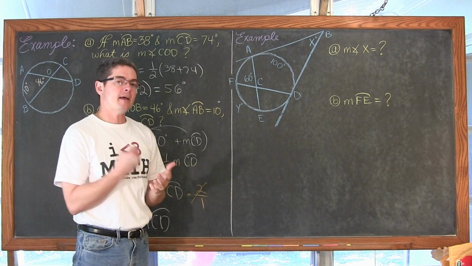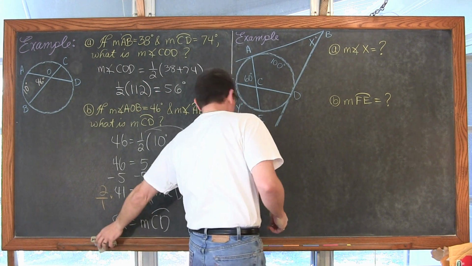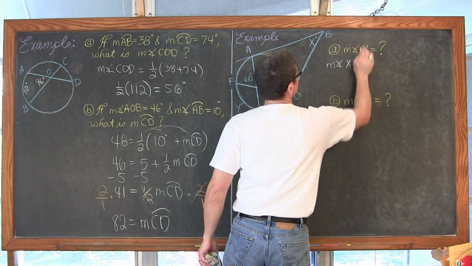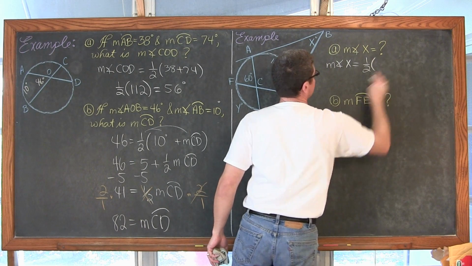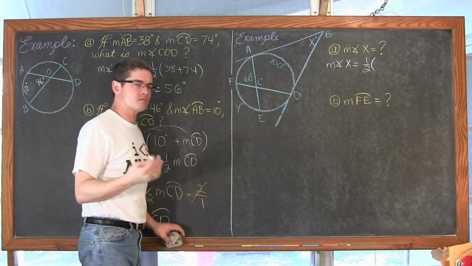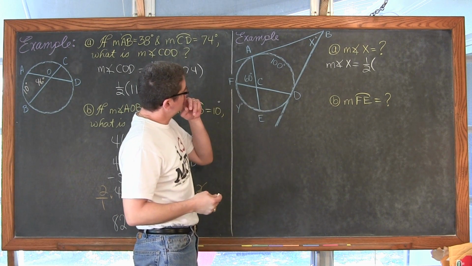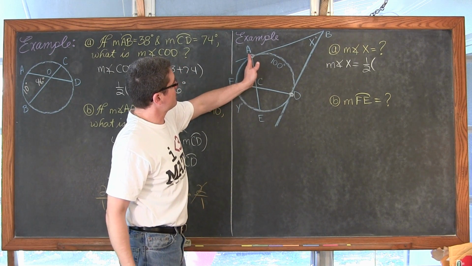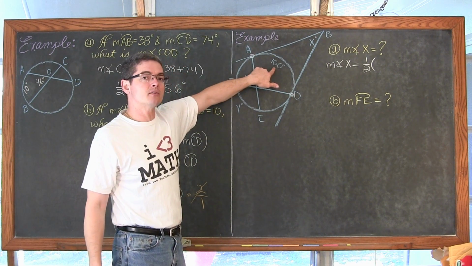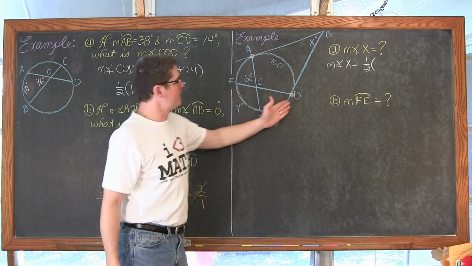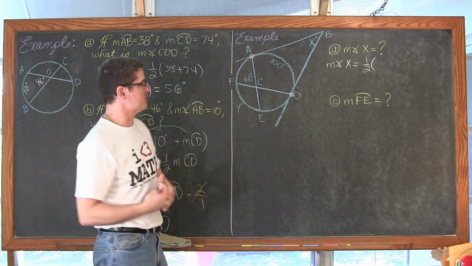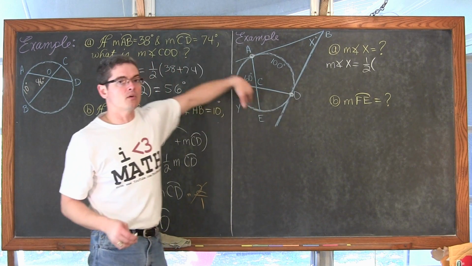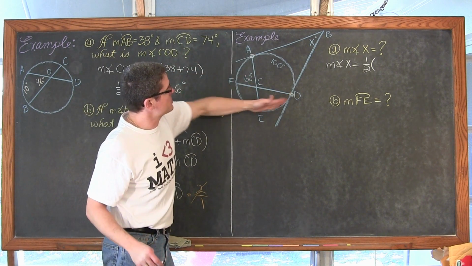So the measure of angle X is going to be equal to the difference of the 2 arcs. So the measure of angle X is going to be 1/2 the difference of the 2 arcs. Now I want to take the big minus the small, so I don't have to worry about absolute values. Okay, so the intersection points are right here, the tangency points, and that means I have an arc AD, which has the measure of 100 degrees, and then I have the measure of an arc that goes more than halfway around the circle. So I can call this arc AFD or AED, and of course I can go in the opposite direction, but the point is, I need to know what the measure of this entire arc is.